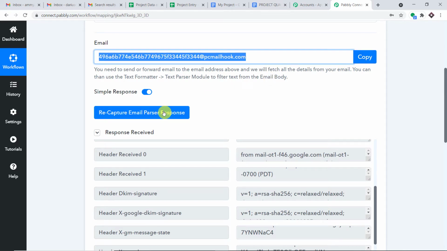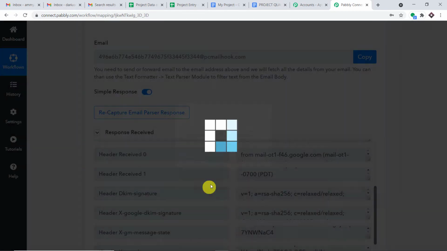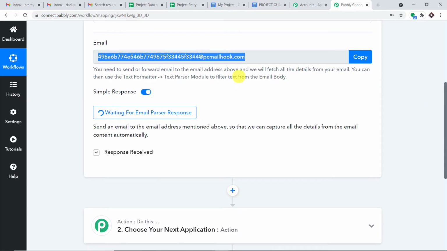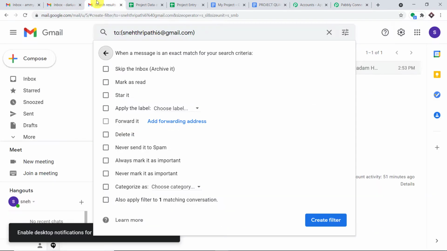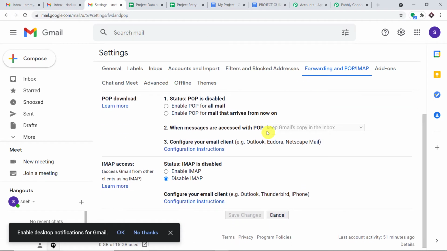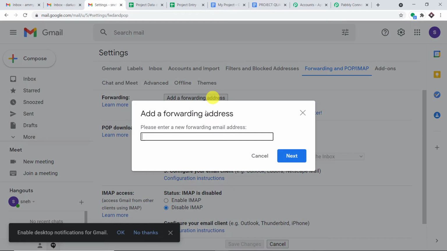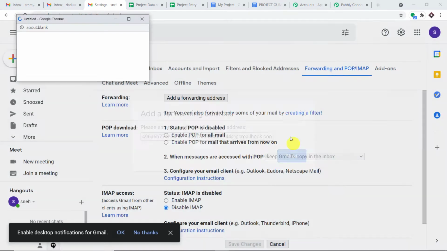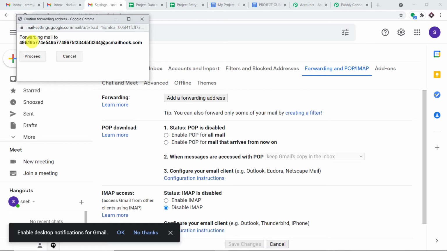Okay, and let me just click on recapture email response and just click on yes. Okay, so we are ready. And let me just click here, click on forwarding address, and let me just add the forwarding address. Click on this button and paste it here. Okay, click on next. So basically the forwarding email will begin once we have received the confirmation code and enter